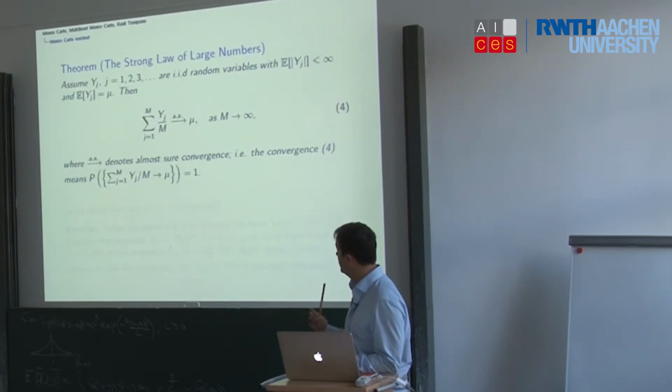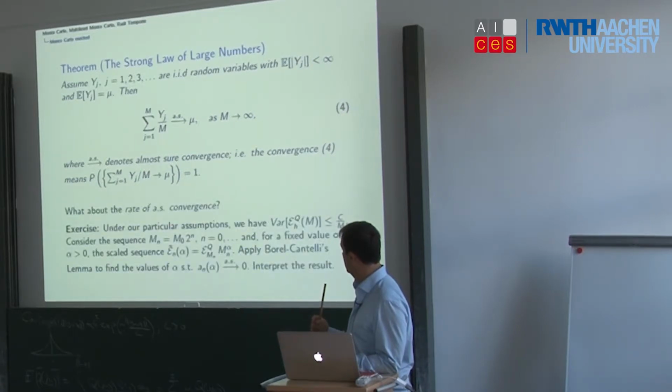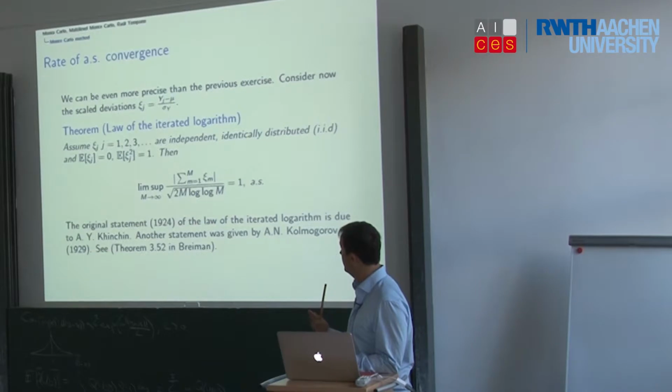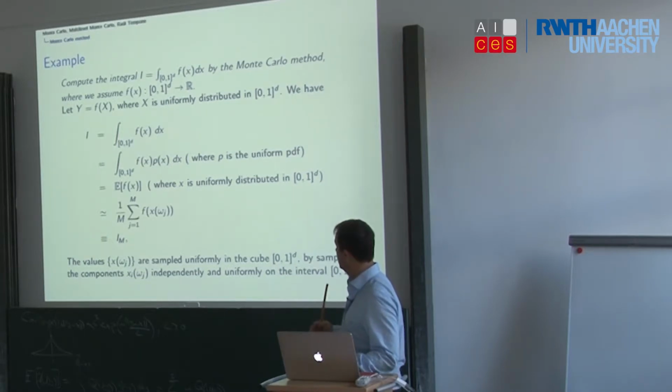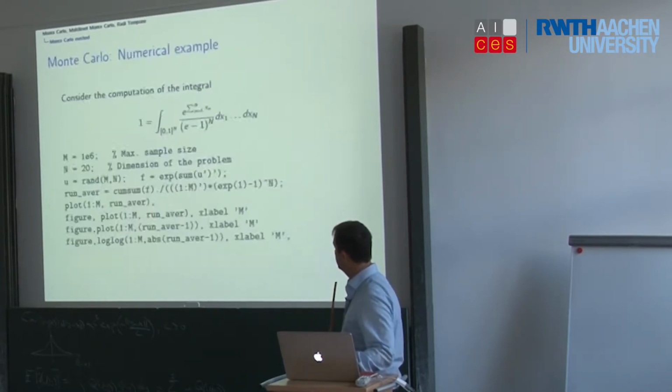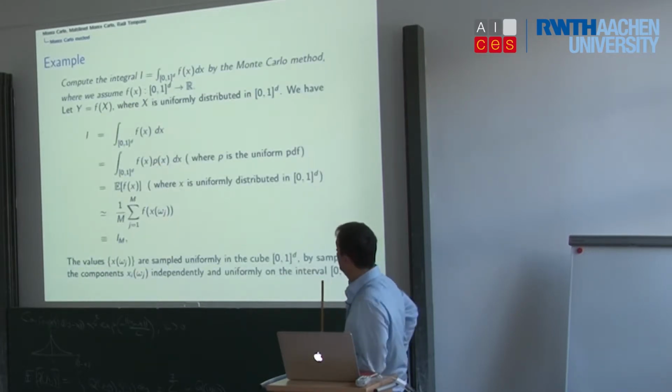Okay. So again, strong law of large numbers. I don't need to iterate on that. Rate of homogeneous convergence. This is not relevant for what I'm going to do. This is an example that motivates essentially what is going to happen. So this is something where I would like to stop, and we take, say,